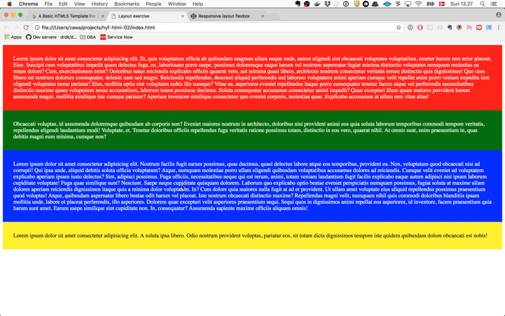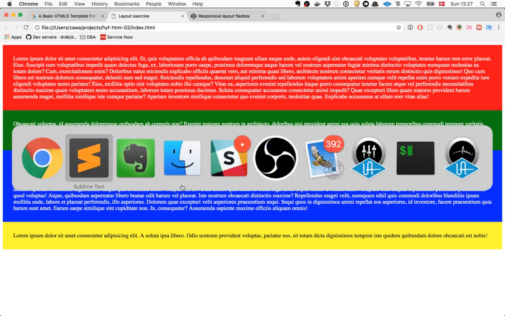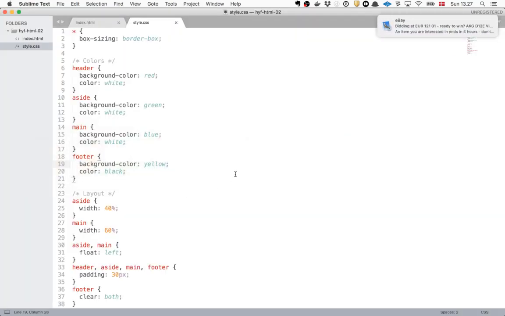Mobile first is a great practice where you start out designing everything for mobile. And if you do that, it's usually easier to have a working desktop layout after. Mobile first is really, really awesome. We're going to do the opposite today, because we started out doing the desktop layout. So, I recommend that you use mobile first normally.